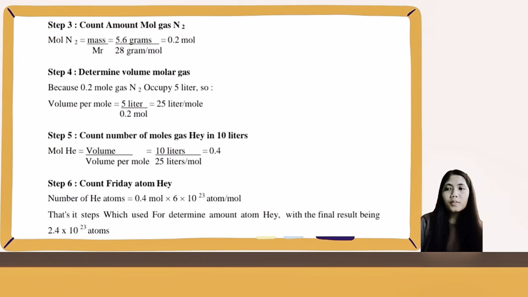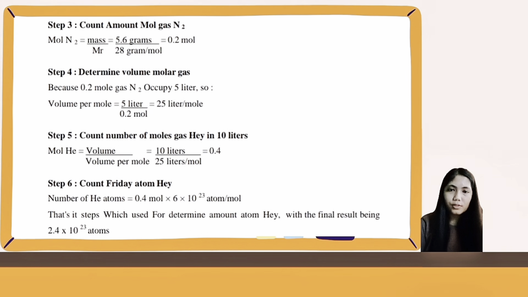Step 5. Count the number of moles of gas He in 10 liters. Moles of He equals volume divided by volume per mole, which is 10 liters divided by 25 liters per mole, equals 0.4. Step 6. Count the number of He atoms. Number of He atoms equals 0.4 mole times 6 times 10 to the power 23 atoms per mole. That's it. To determine the amount of He atoms, the final result is 2.4 times 10 to